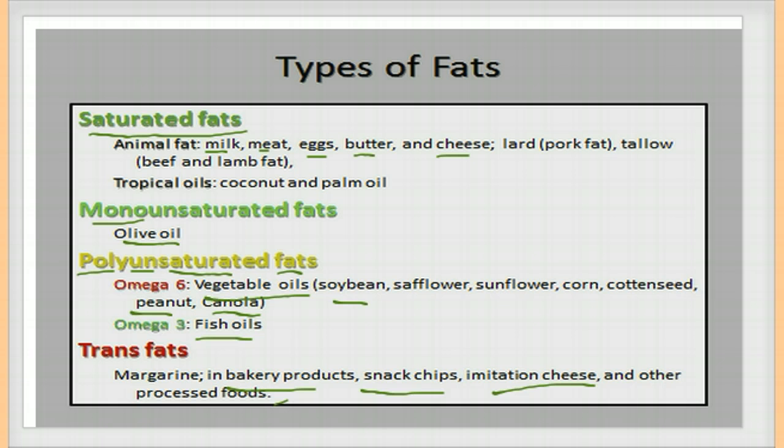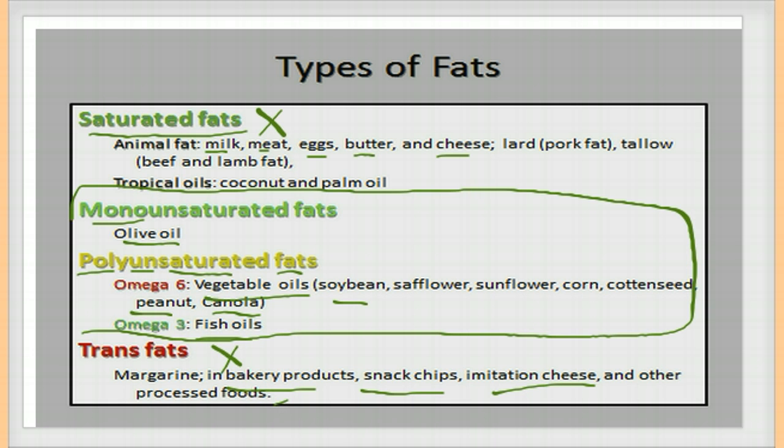So out of these four types of fat, the saturated, the monounsaturated, the polyunsaturated, and the trans fat, the saturated fats and the trans fats are the ones that are actually bad for you. The reason why is they form something called cholesterol, and they also tend to block the vessels in your body that transport things. By blocking that, it is harder for blood to move around your body when these vessels are blocked with fat. So the best type of food to eat would be in this area here,